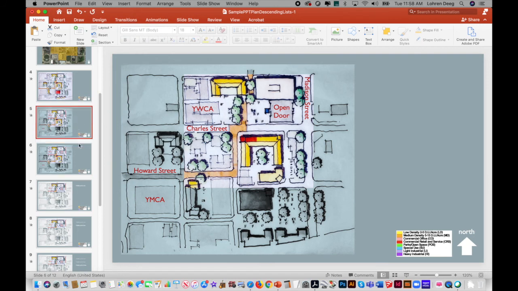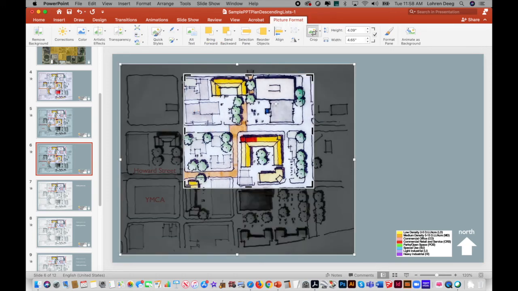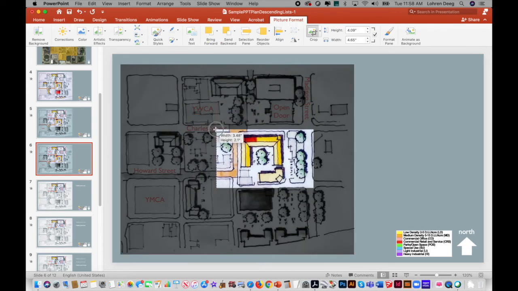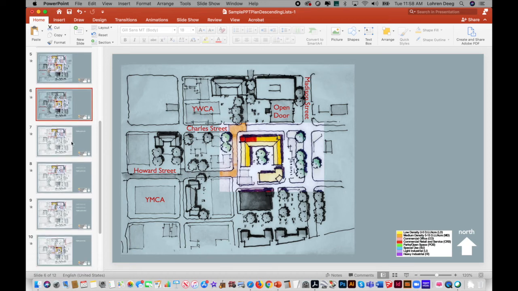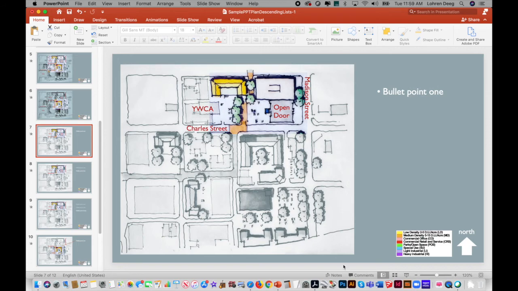That slide is now duplicated, and I can come back to this portion of the plan, go to picture format, grab the crop tool, and I can move the crop. So I can readjust the crop to now focus on another portion of the plan, then create a callout or bulleted list on the right hand column, which allows me now to create focus to two different portions of the plan and bring our audience's attention to a particular portion of the plan. So again, we can see how we've done that here in the example